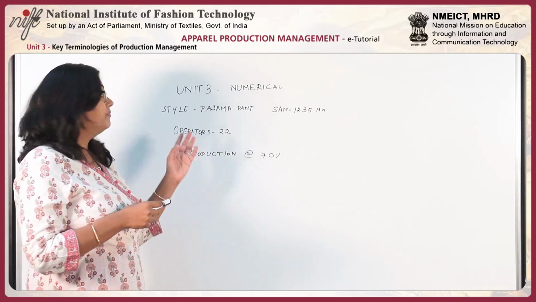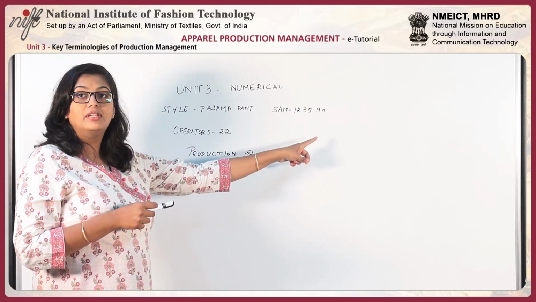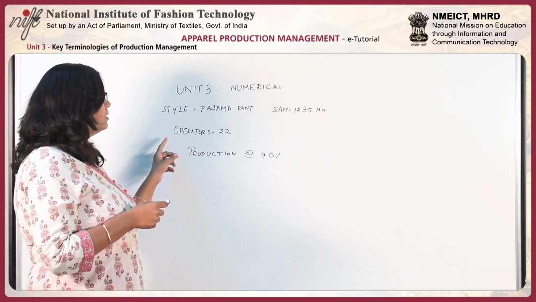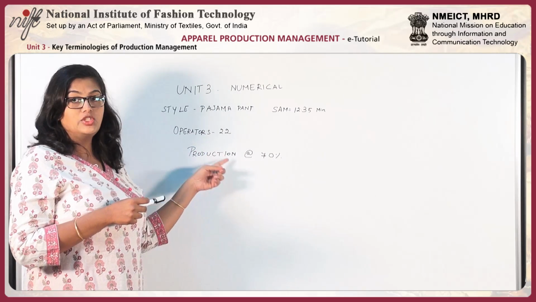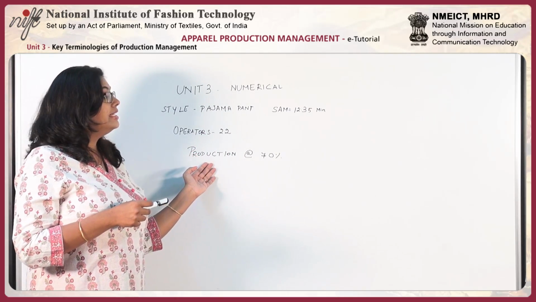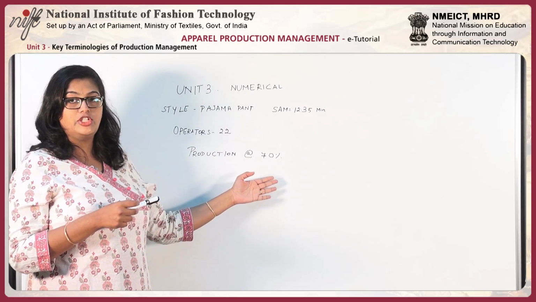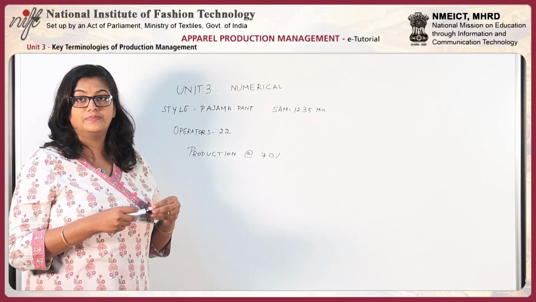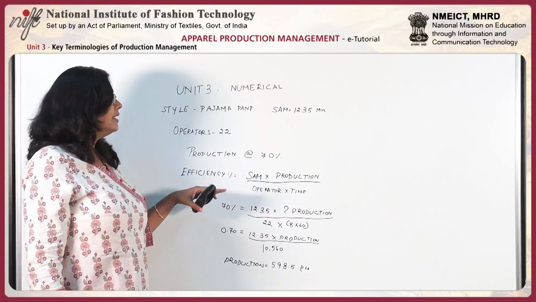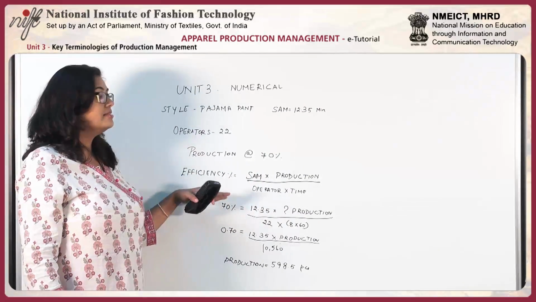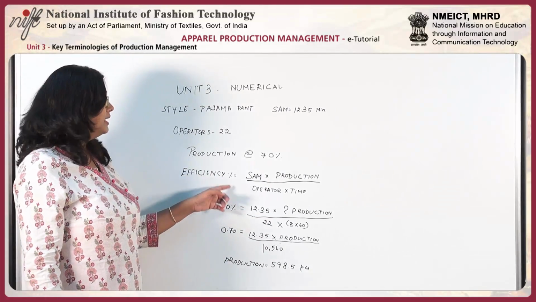So like I said, the style would be the pajama pant, the SAM value of 12.35 minutes. Number of operators in the particular line which we are talking about is 22, and we need to calculate what should be the production if we need the efficiency at 70%. So as we need to calculate the production, let us see how we can do that with the current set of values. So the efficiency formula that we already know is